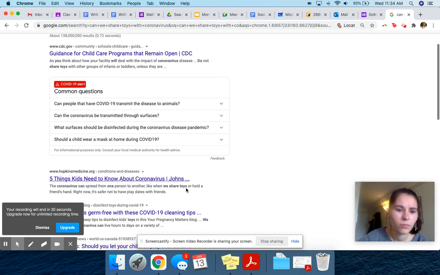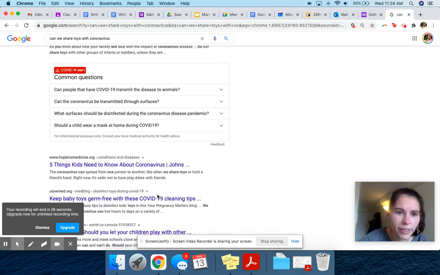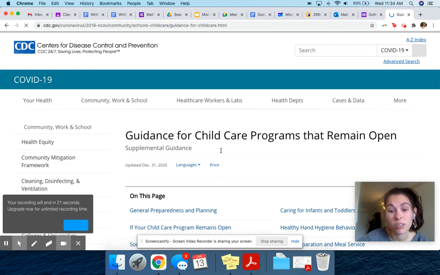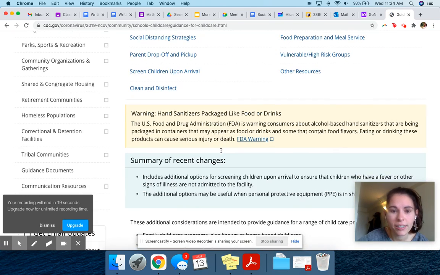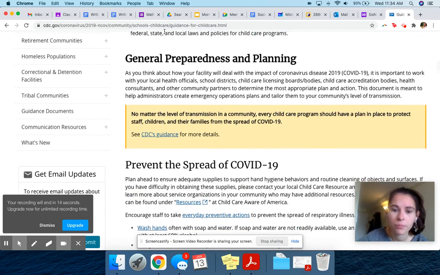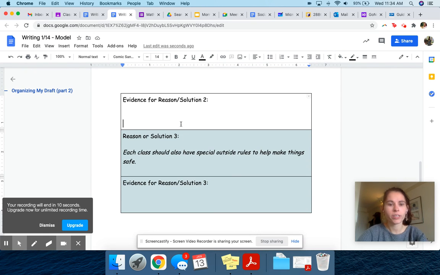I'm going to look through these things to see. The CDC, which is an important source, says do not share toys with other people. So in my writing, I'm going to say, according to the CDC, we should not share. Your job is to find evidence to